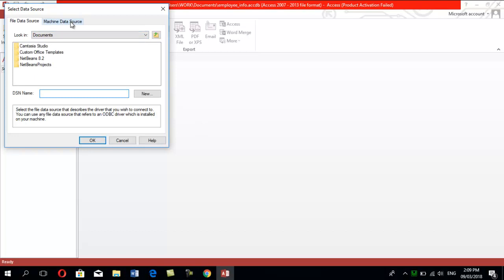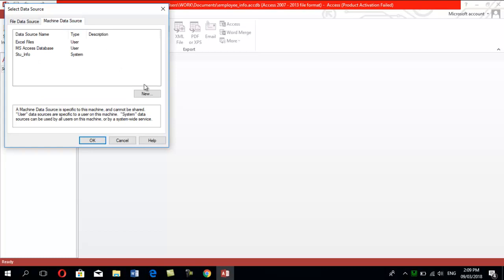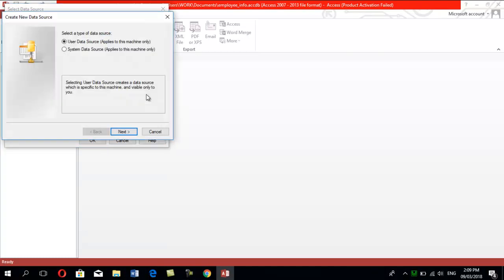Then you'll click the tab that says machine data source, and we'll click new. And now you'll just select the second option that says system data source. Now if you didn't run Access in administrator mode, you will get an error by selecting this option. So please make sure that you do run it in administrator mode. Now you click next,